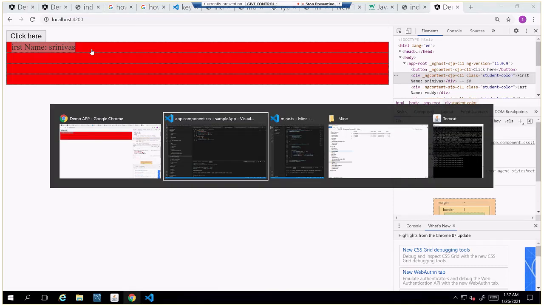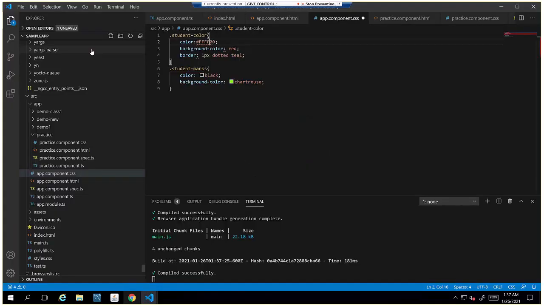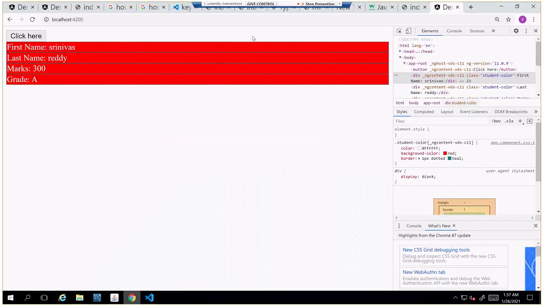And if I specify red and green full, it will become yellow. And if I specify all RGB full, it will become white. With the combination of three colors, we can create n number of colors.